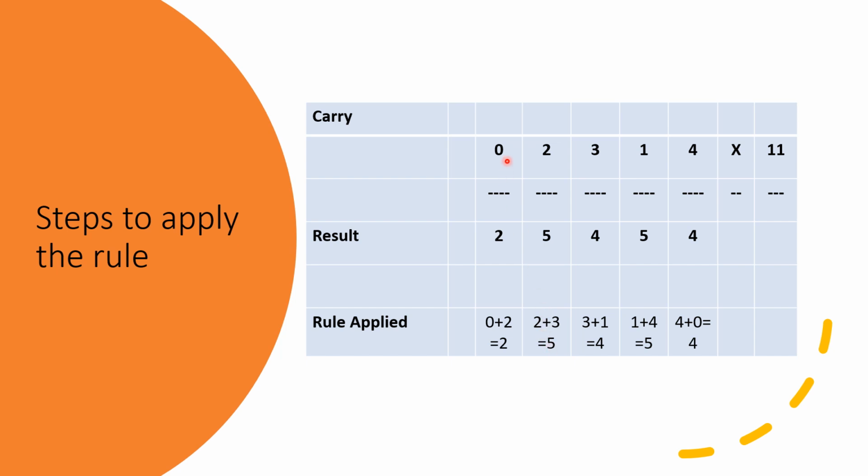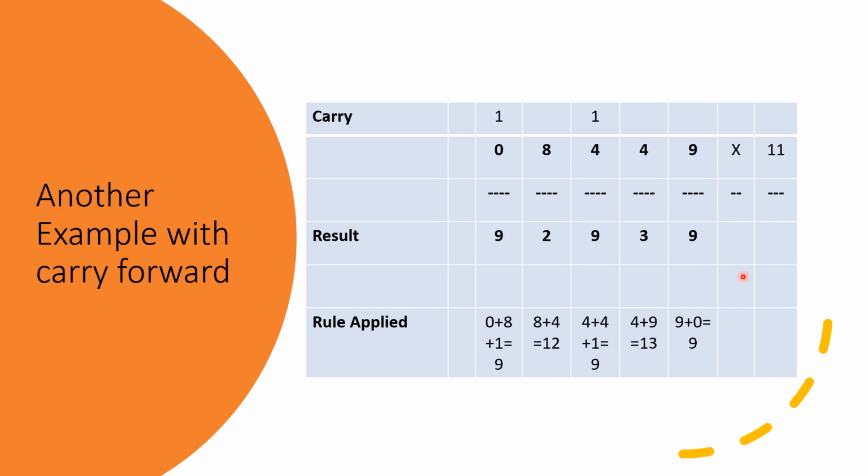And here we should not forget that we should work on the last digit, that is 0 as well, because the rule itself says that you have to add a neighbor. Even if we consider a 0, the neighbor is applicable, so we consider a 0 in the last digit and apply the rule. Then 0 plus 2 is equal to 2. So finally the answer would be 25454 when 2314 is multiplied by 11.